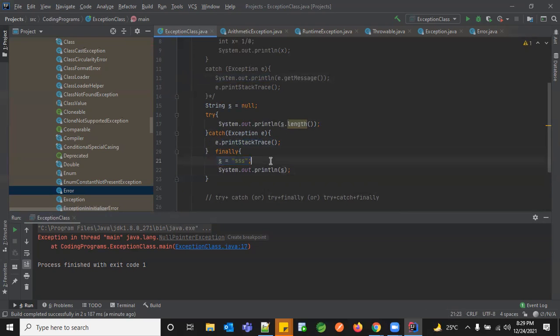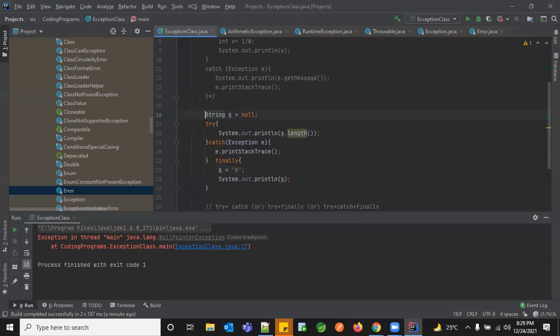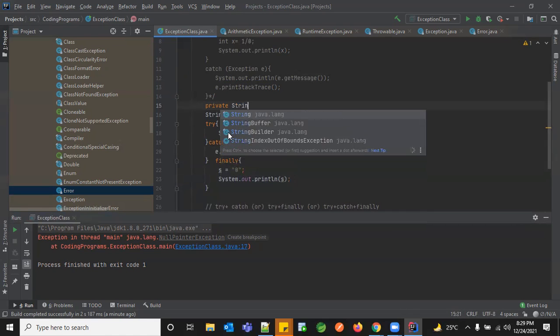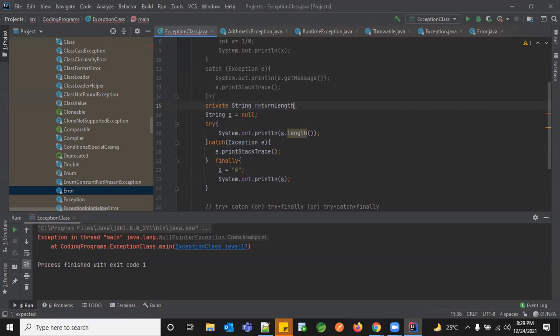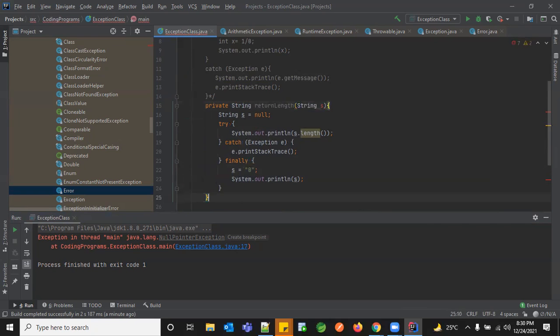returning a string s with a default value so that whoever is dependent on this particular value can go ahead with this default value instead of getting the actual value. So here, instead of getting the actual length, I can give 3 as my default, or if I want to default it, I can give it as just 0, so that if this is within a program, let's say private string returnLength, passing the string s. So for every function, you need to have your return, and I'm returning my s.